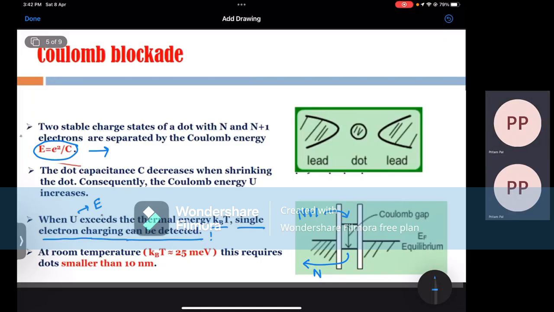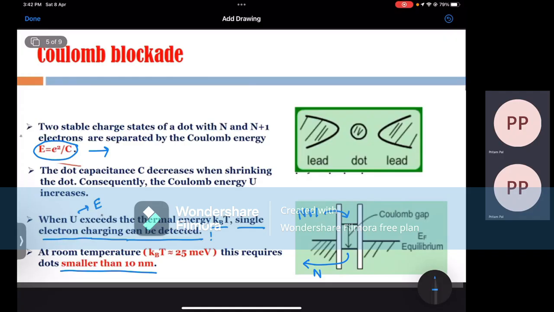then the dimension should be smaller than 10 nanometers, because our purpose here is to create this Coulomb blockade, right, which is achieved when we increase this Coulomb energy beyond this thermal energy. And that is possible when the dimensions of the quantum dots are less than tens of nanometers. So at that time, this kind of Coulomb blockade is created